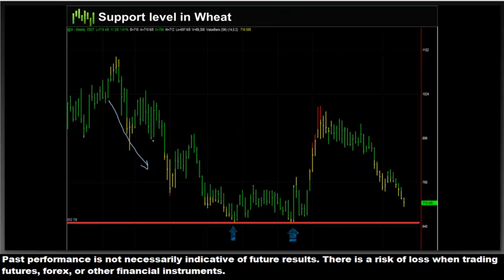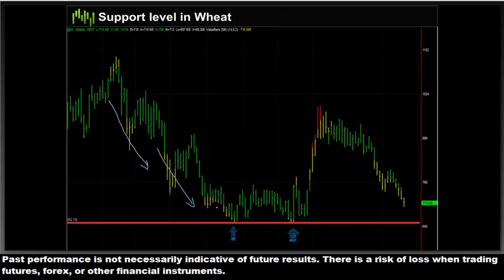Anytime a stock is put up and someone wants to buy it, there are a lot of sellers that come in and try to take advantage of that, and therefore they're stronger than the buyers at the time. So prices are dropping. Now as prices come down and approach this support level, we're going to see that